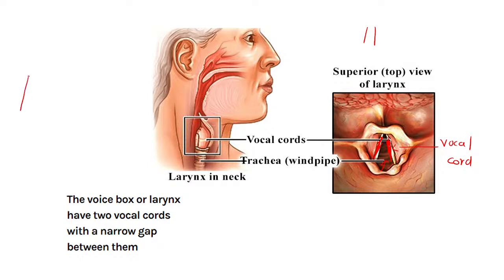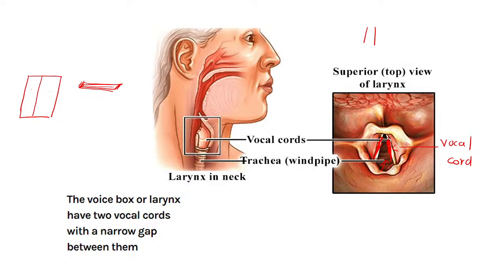You take a paper. Take one paper and cut the paper into strips like this, and put one strip over the other. You can seal the ends of both the strips and try to blow air through this narrow gap. What do you notice? These two strips will start vibrating and a particular kind of sound is produced. The same principle, the same thing is happening in our body also.